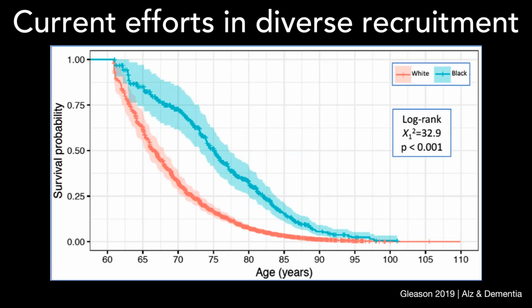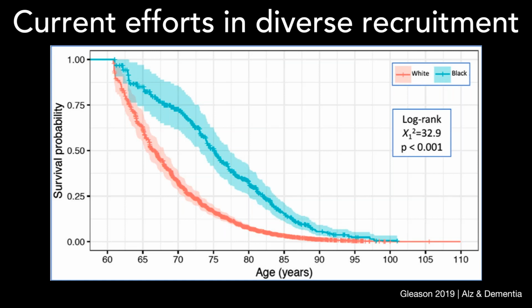For those of you who are maybe a little bit rusty at reading Kaplan-Meier curves, what we see here is that white individuals and Black individuals who were all mildly cognitively impaired at baseline then progressed to full and frank dementia. But you can see that the rate of progression for the whites, who are reflected here in the red line, is much, much faster. That line is much, much steeper than it is for Blacks. And so if you were to